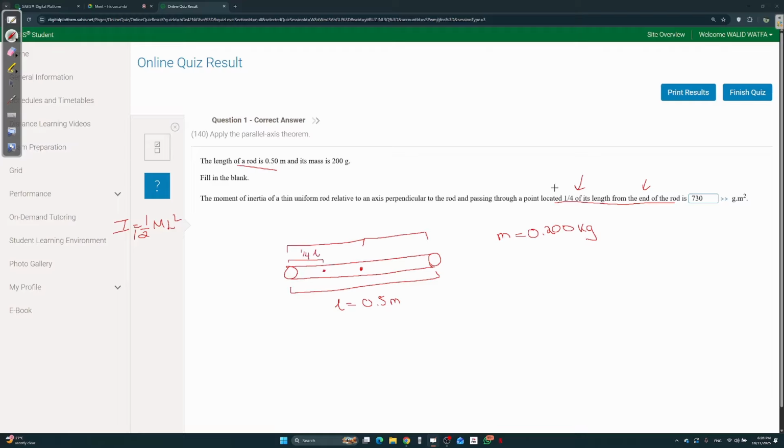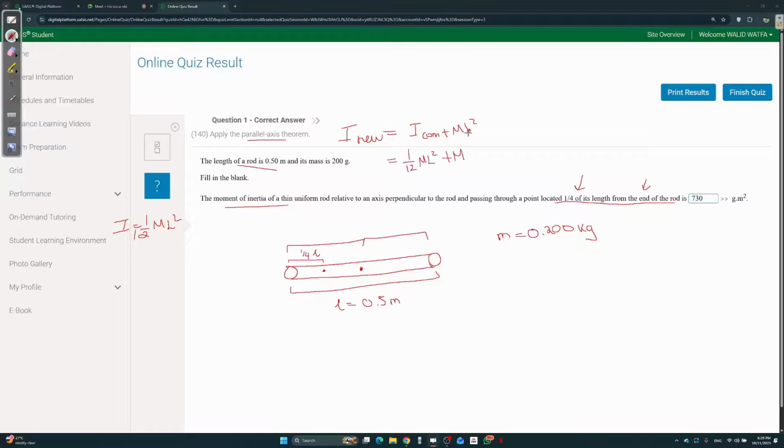Now, we want to find the new moment of inertia. Whenever you're choosing a new axis, not the normal axis, that means you're applying the parallel axis theorem. That says I new is equal to the I old, or the I center of mass, plus md squared. What's I of the center of mass? It's a thin rod. We know that the I for a thin rod is 1 over 12 ml squared, plus